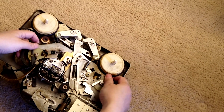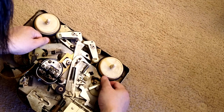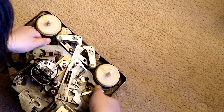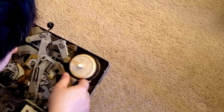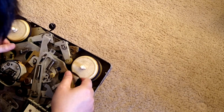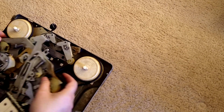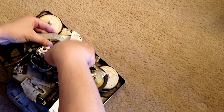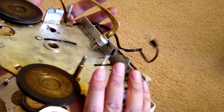Now just do this a little bit. There we go. Right. Yep. There we go. Everything's out. Oh, it's right here. Okay. Yeah, it's because of the bulb. Alright. Now we have everything out. Oh, I forgot one thing. Yeah, there is a spring here that I need to loosen. There we go. So now you see everything's out,